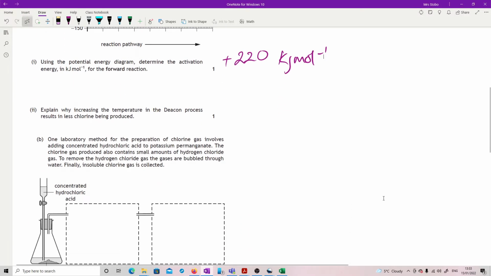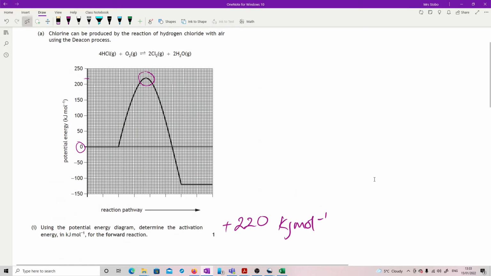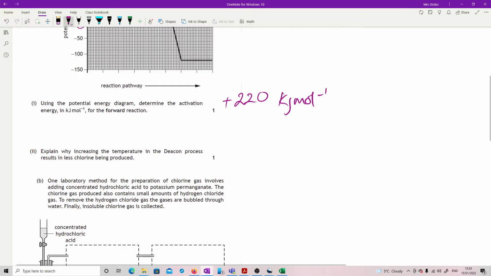Right, part 2. Explain why increasing the temperature in the Deacon process results in less chlorine being produced. Okay, so we have very clearly here a dynamic equilibrium where the forward reaction is exothermic. That's what you need to recognize. So if the forward reaction is exothermic,